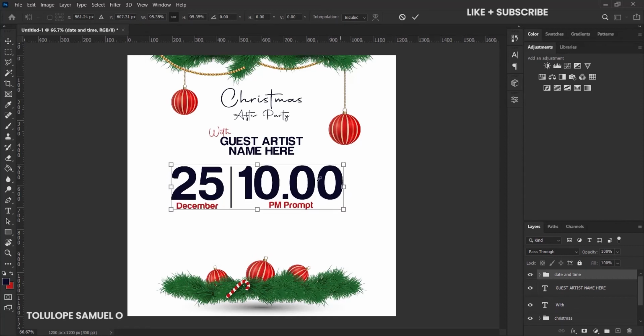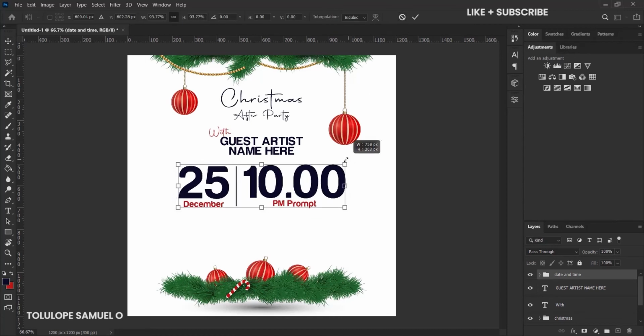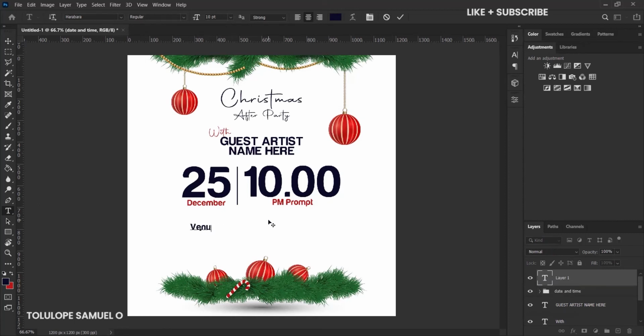You can press Ctrl T to transform it in if you want. I want it transformed in like this. Press Ctrl T and transform it in like this. Yes, I'll raise it up a bit, and can bring it down. Next up, I'll pick my text tool and I would like to type the venue. So type the venue here, and yes, this is just a venue. I just brought it out from nowhere. The name of the venue I'm using is Emeralds. I don't know if there's something like this, Emeralds Clubhouse, basically